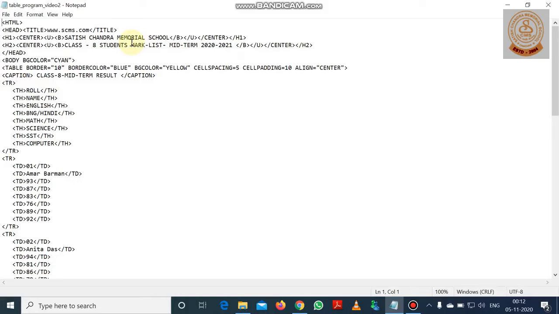And thus the head part or the heading part of the HTML page is completed with the ending tag of head. Now our body part starts.